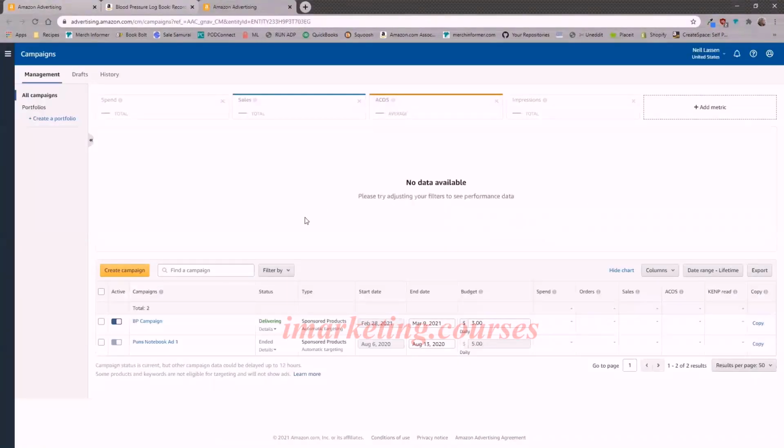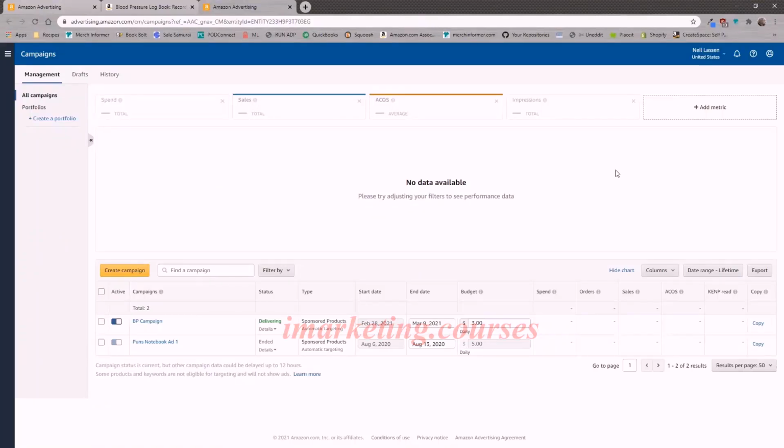So right here, I just brought myself over to the campaigns tab, if you will. On the campaigns tab, you'll see this one right here says it is delivering. This is what we just set up. This is another one that I used, for example, in another video that I turned off. But you can come in here and once you start getting data for your books, they will start graphing it